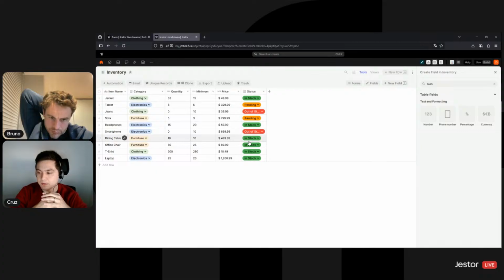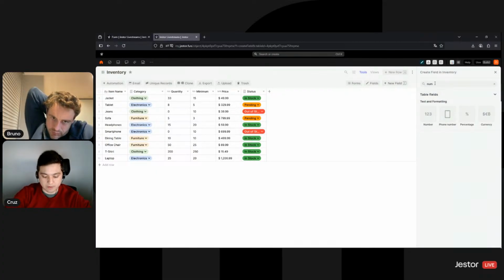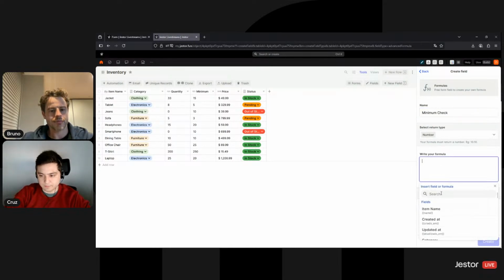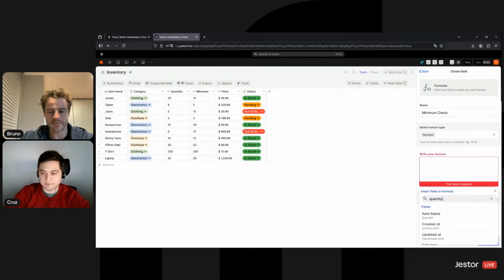So what I'm going to do now is check if the quantity is higher than the minimum amount that I want for that item, right? And I can do this with a formula. So this is the minimum check. This is quite basic, right? All I have to do is quantity